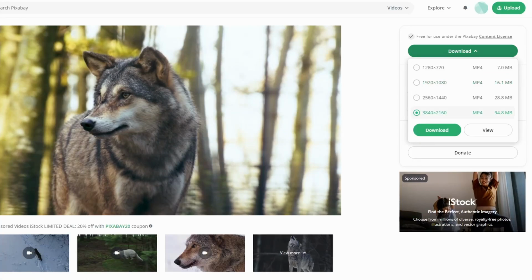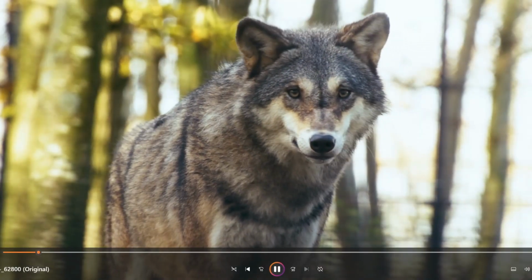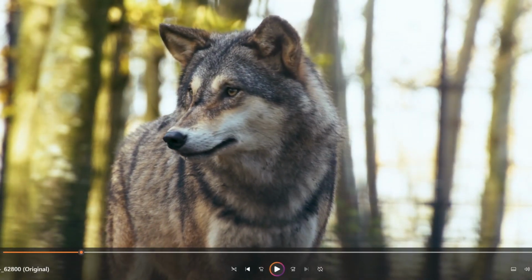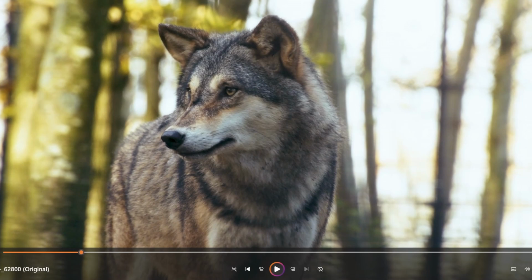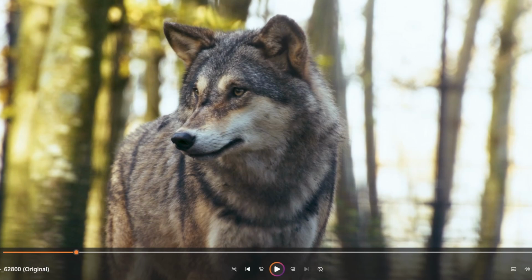Once you know that there's a pose within the video that you like, download the video in its highest format. Depending on the website, you may need an account to do this. Once you've downloaded the video, go to your video player, either in your phone, your iPad, your laptop, or your computer, and play your video back to the same position that you decided that you'd like to be your reference